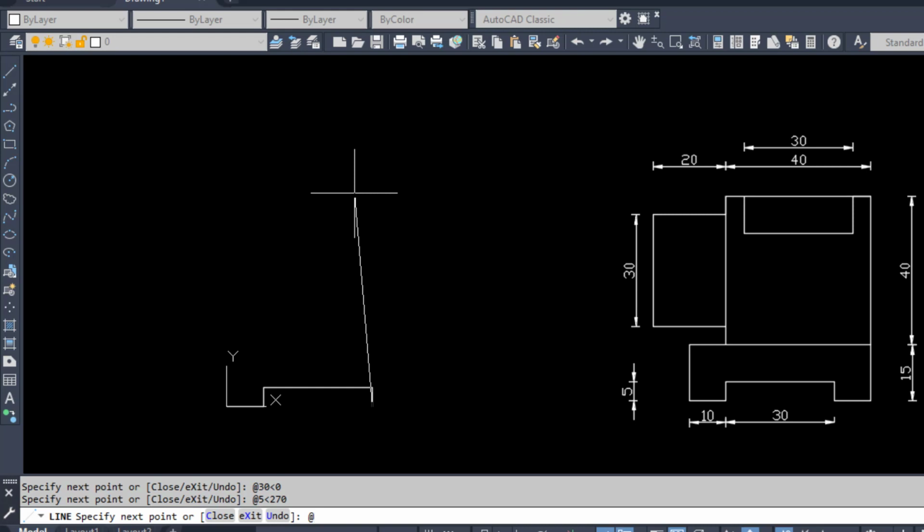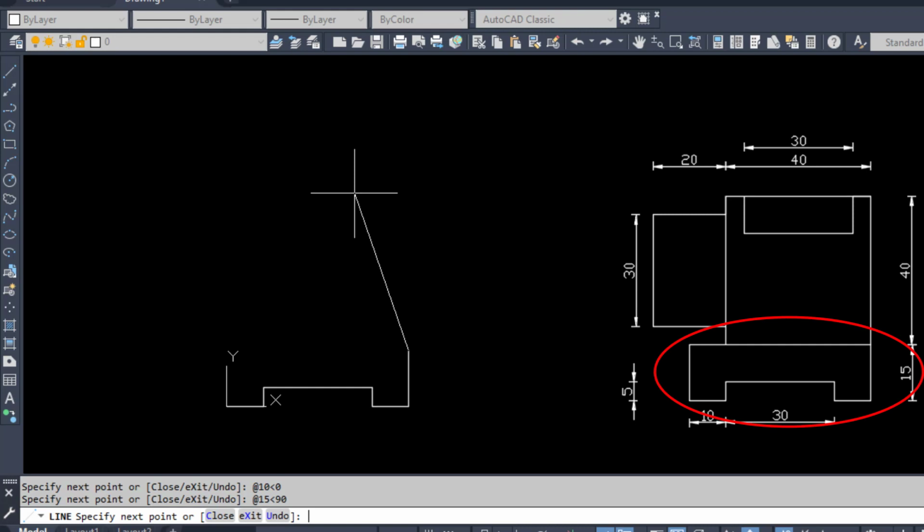Now again I am going towards the right side with a distance of 10<0 degrees. Now I have to go in this case a distance of 15 units on the top side, so it will be @15<90 degrees. Now what I will do, I will complete this lower block first, that is the C block, you can see.